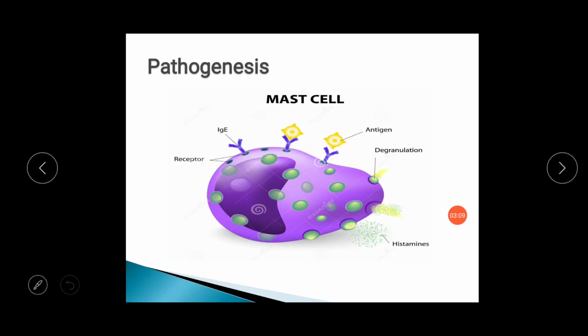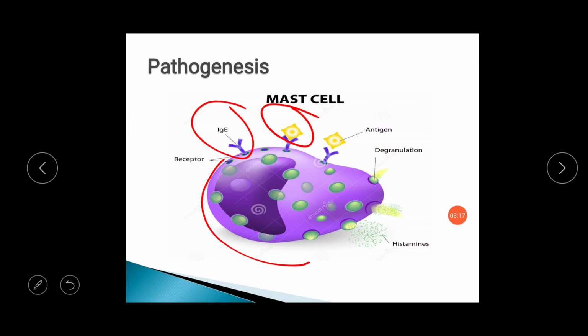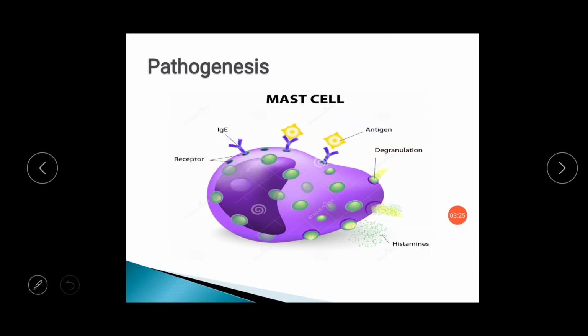Here in this diagram you can see the IgE antibody is attached to these mast cells, and whenever the antigen attaches to the IgE antibody on the mast cell, it will cause the allergic reaction and degranulation of the mast cell. Here in this diagram you can see the different formation of granules in the mast cells. These granules cause the secretion of different types of allergic mediators whenever there is antigen binding to IgE over the mast cell receptors.